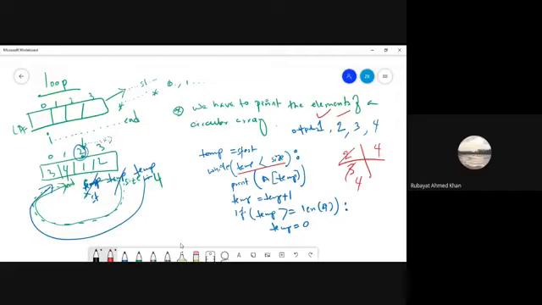Once temp becomes 4, temp is no longer less than size, which means the condition of the loop is not satisfied and my loop breaks. When my loop breaks, I get the first two in the output and I do not get these two numbers, which is wrong. This is a mistake that most of the students make. What I'll have to do is